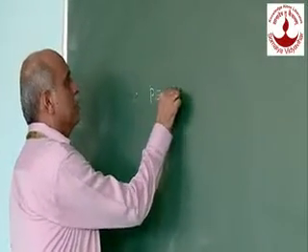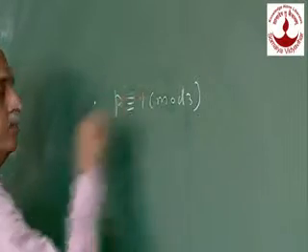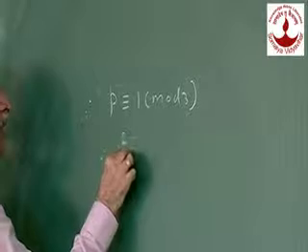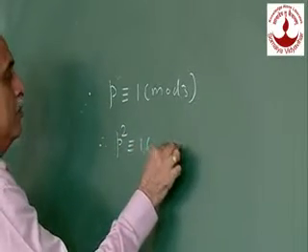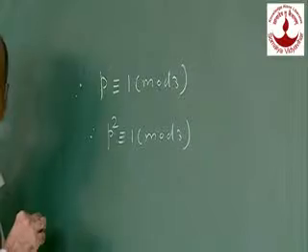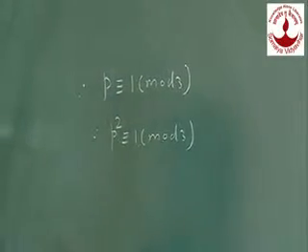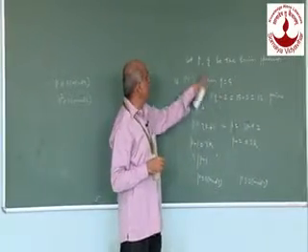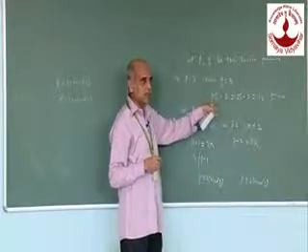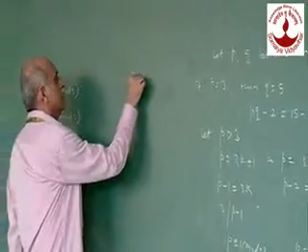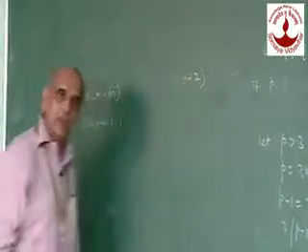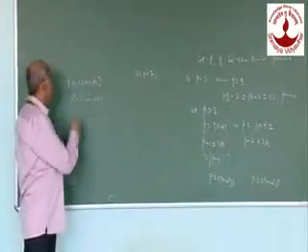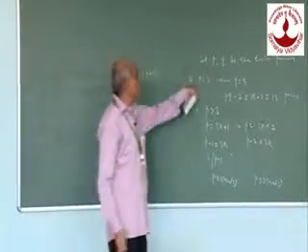Therefore, P congruent to 1 modulo 3. Therefore, P square is also congruent to 1 modulo 3. Why have I written P square? Because when you take the product of P and Q, Q is the same as P plus 2, and then we will get P square plus 2P. So, again P square will be congruent to 1 modulo 3. Then what about 2P plus 1, 2P plus 2 and so on?